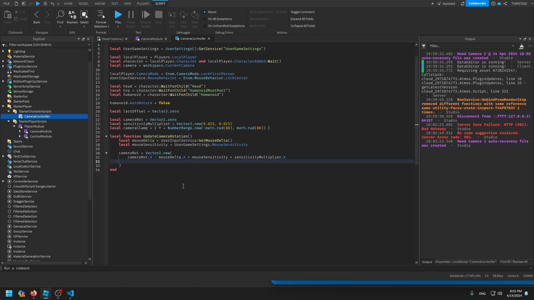Yeah, and pretty much the same for the y-axis, but we need to clamp it. So you can't just make your camera 360 degrees, or if you want, you can make it like this, but we are not going to. So camera rot.y minus mouse delta.y times mouse sensitivity times sensitivity multiplier.y,